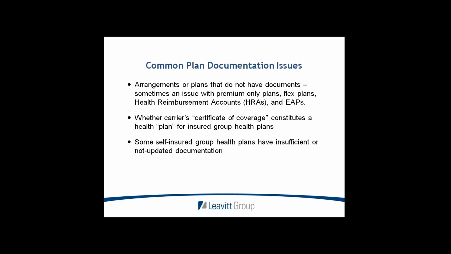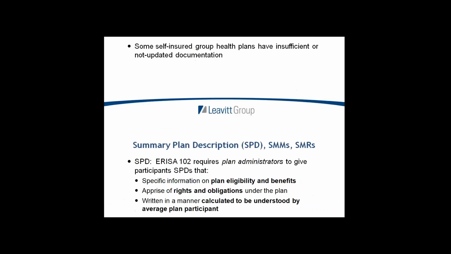And as I said, it's probably not really. It would be better to have a wrap document, but if you don't have that, the Department of Labor and the courts have generally looked at, okay, what written documents do you have, and that's the plan. But if you just have the certificate of coverage or benefits book, that may not have all the ERISA required information. And also, even if you have a self-insured plan, make sure that you have updated documentation, because your TPA or your attorney should have restated or amended your plan for the Affordable Care Act in the last year and